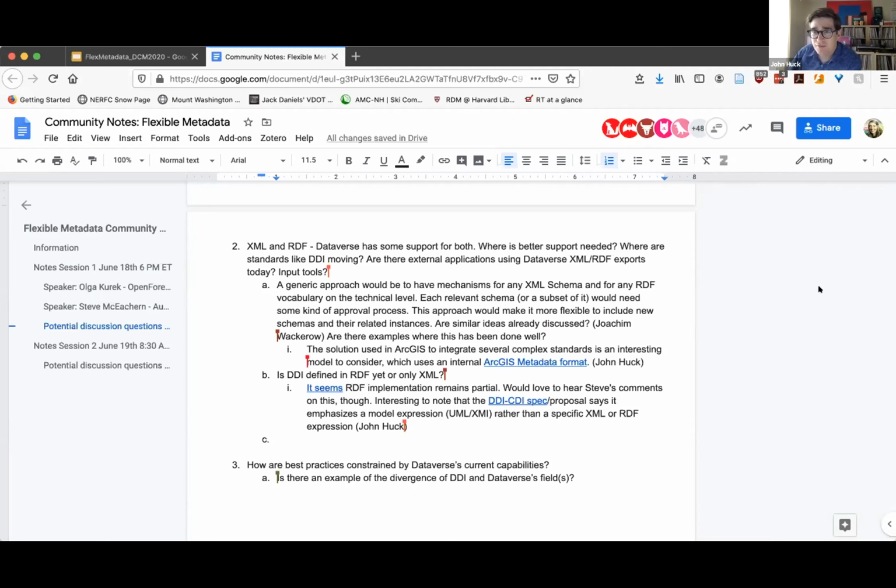Can I ask a question for Steve, just in that discussion about RDF? I know one of the big questions is whether DDI has some RDF implementation, but it's just a segment of DDI. And obviously DDI is complex, and like Jim was saying, it comes from the XML way of organizing information. So I would be really curious to know any comments on where RDF fits into the development of DDI.